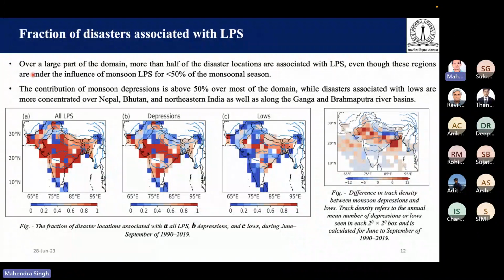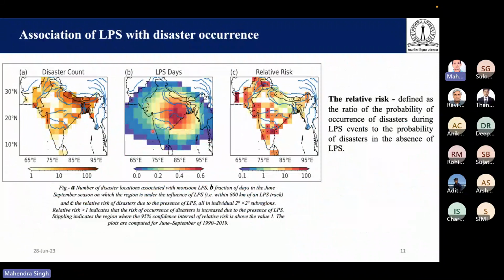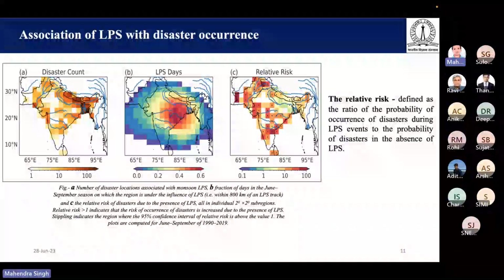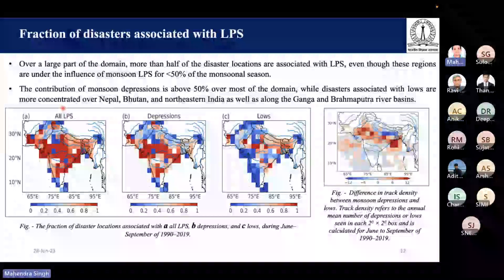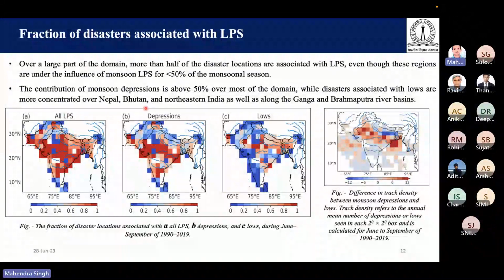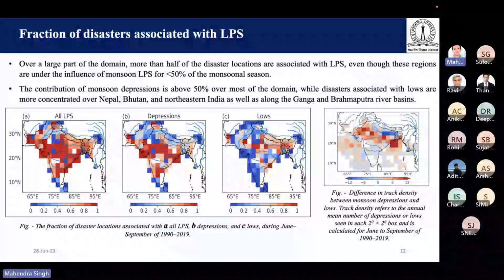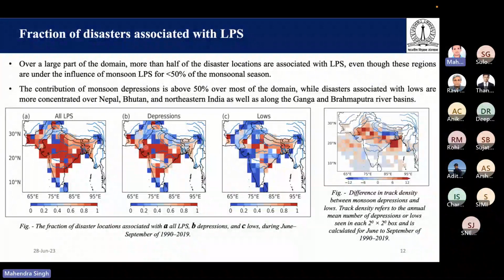Even though in the previous figure we can see that the LPS days are less than 50%, on those locations we also found that LPS-related disaster is higher, or more than 50%, in the monsoon season, and the contribution of monsoon depression is above 50% over most of the region. As from figure B we can see that mostly in the central part of India, most of the part has above 50%